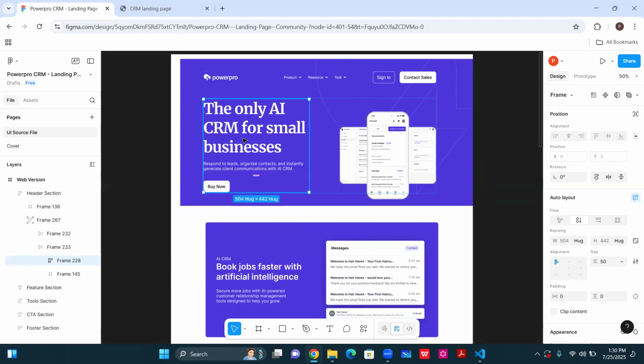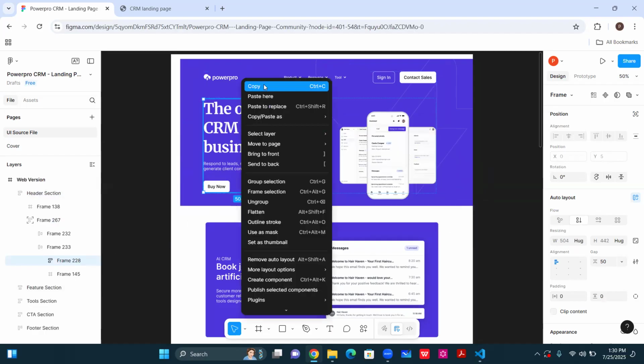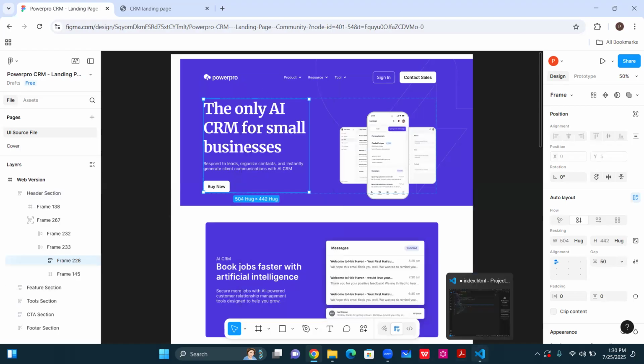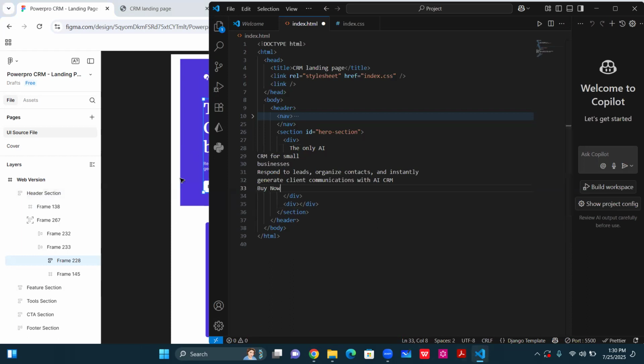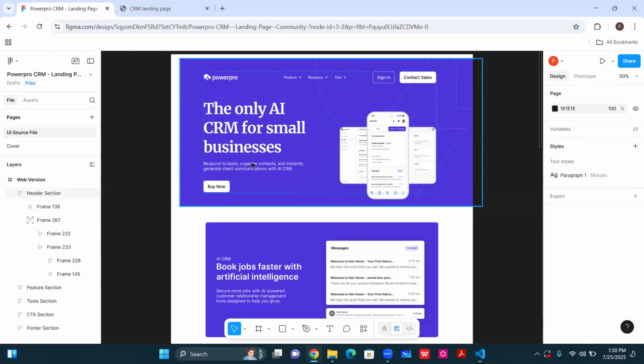I can copy the text. Maybe I can copy the text. Let's see. I've copied the text. Let me come here and paste it. So I have the text here, but the thing is that if you look at this guy,